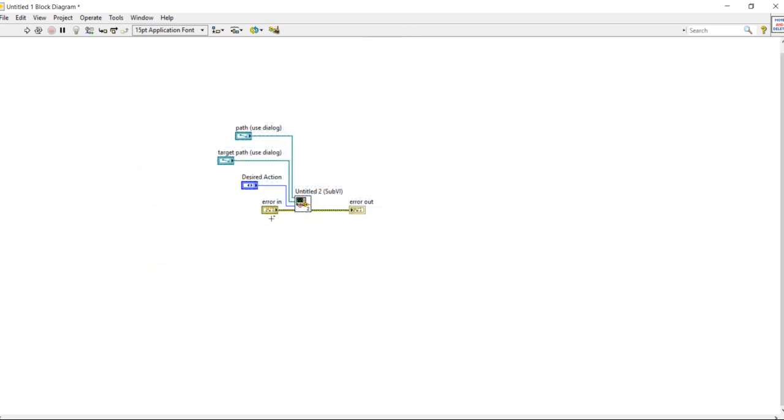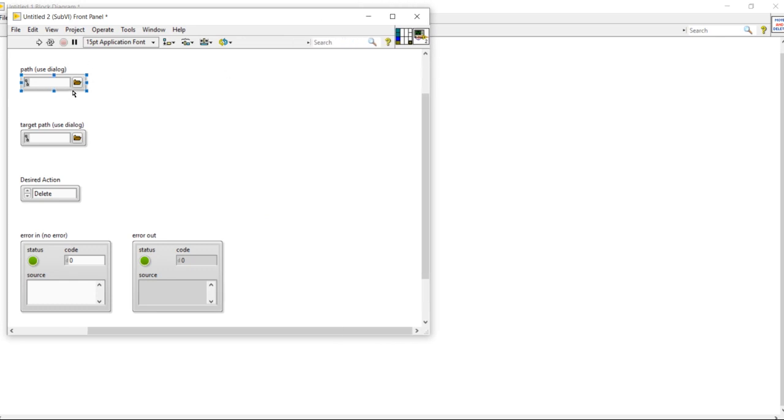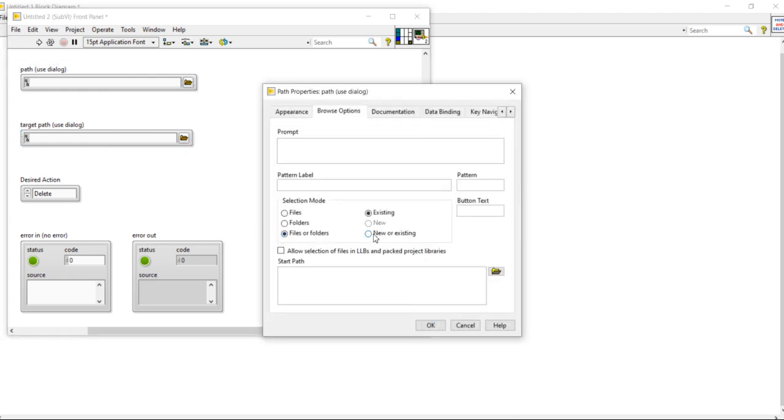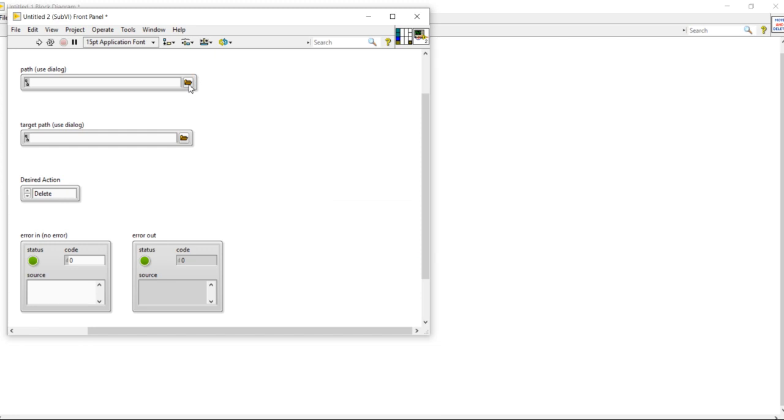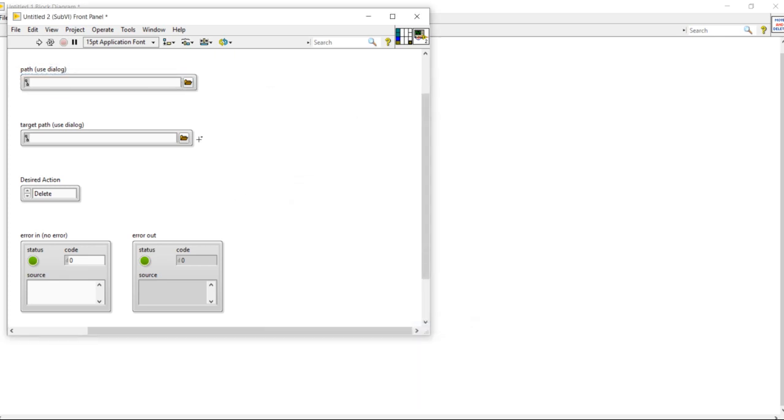Here I'm going to double click. It will open my sub VI. So here I am going to right click, browse option, file or existing. Again I am going to show you, right click, file or folder, new or existing.